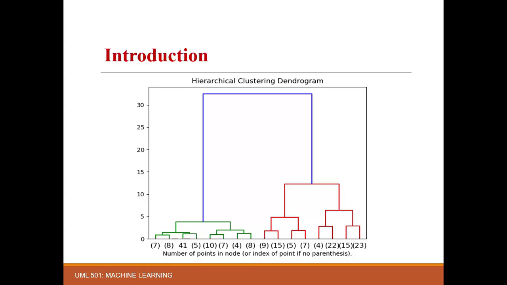Here the picture depicts the dendrogram, which is used to represent agglomerative and divisive clustering, where the points at the bottom represent the actual data points, and the y-axis represents the distance between these points. So based on distance, let's suppose here is some distance and we have merged 7 and 8 together. Now this horizontal green line is representing the distance between 7 and 8. So by this method you can represent the divisive or agglomerative clustering using dendrogram.